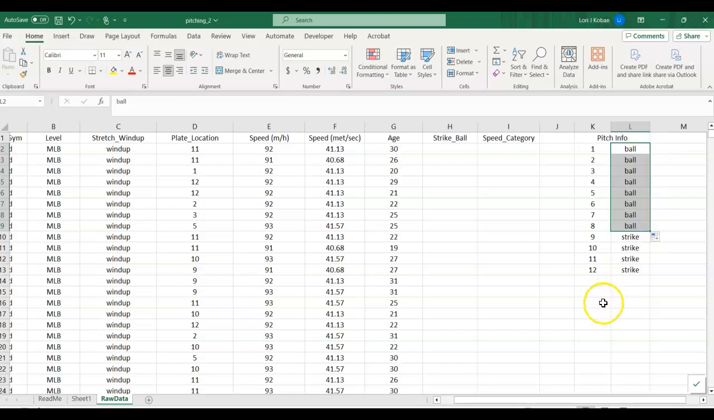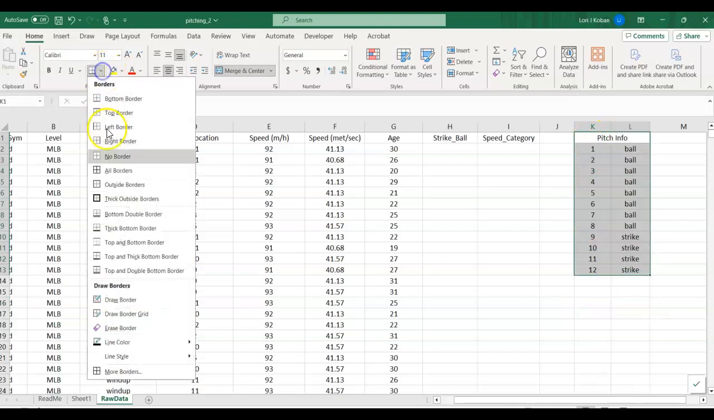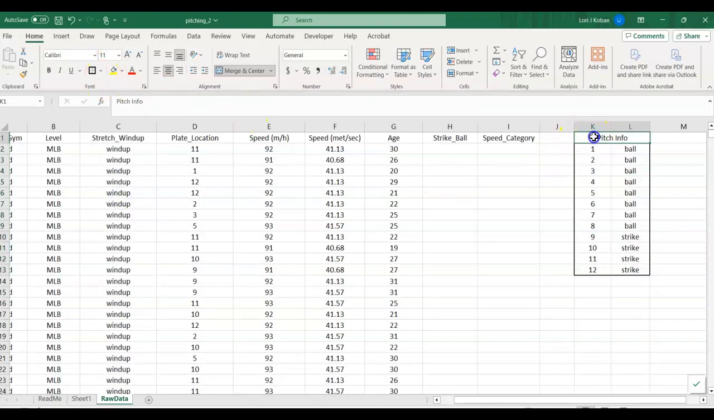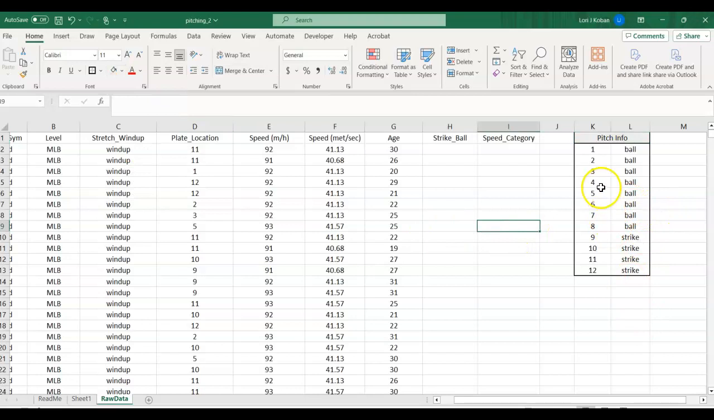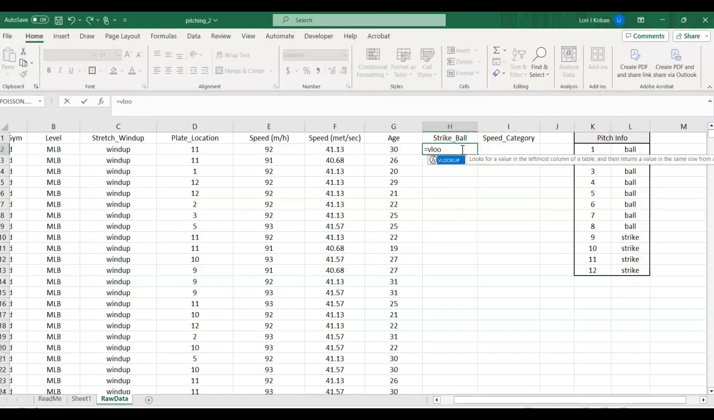All right, so now I am all prepared. I'm just going to frame that in and frame this, put a little color on it. Now we are all prepared to enter our strike and ball, and this we can use a VLOOKUP. Vertically, we have an association between the pitch number and whether it's a strike or a ball. So that's our VLOOKUP, and we're going to look up,